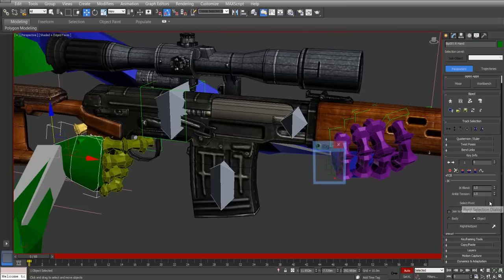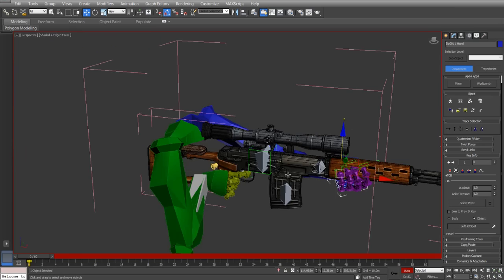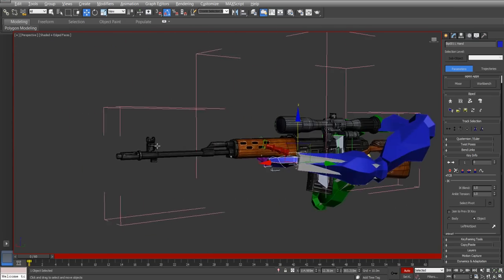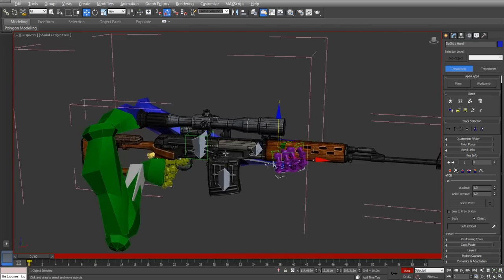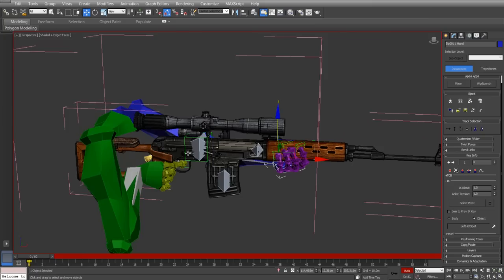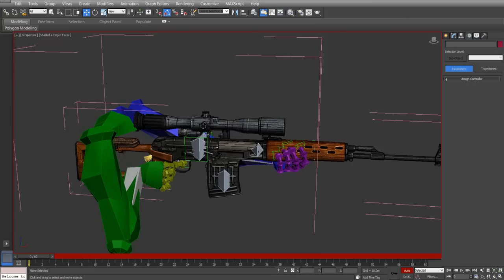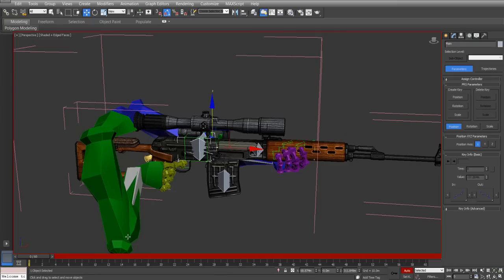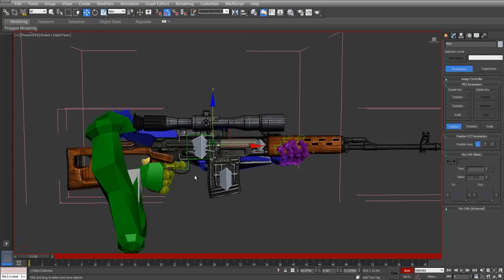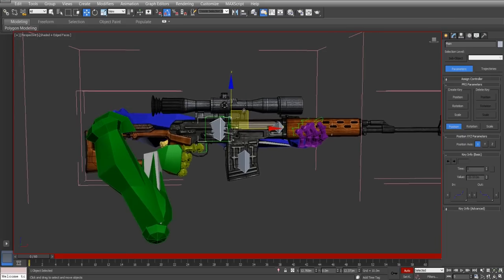Set pivot. It was already set at the wrist. Great. Okay, so we have our hand set up on the hotspots that we needed, and we are ready to actually animate this weapon. So, coming into the main bone, we know that where we have it right now, or maybe up just a tad,